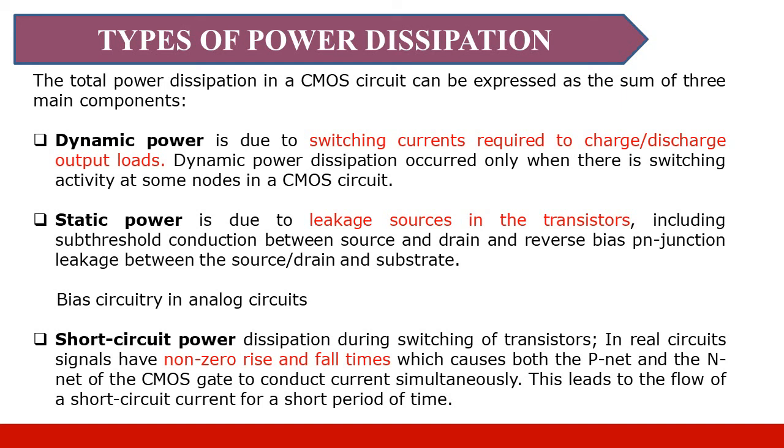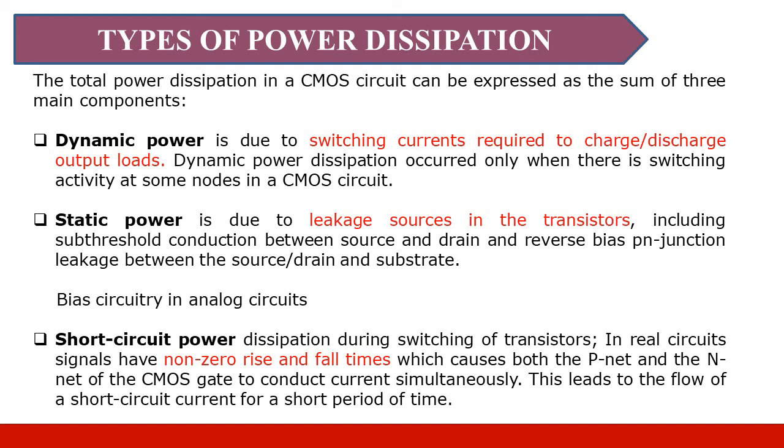And there are a few more factors which I will be discussing in a further lecture. There are nearly 4 to 5 main leakage sources in the transistor, and we need to take care of them. They should be minimized as much as possible so that the static power dissipation will be at its minimum. Secondly, static power dissipation is also because of the biasing circuitries in the case of analog circuits or analog systems.